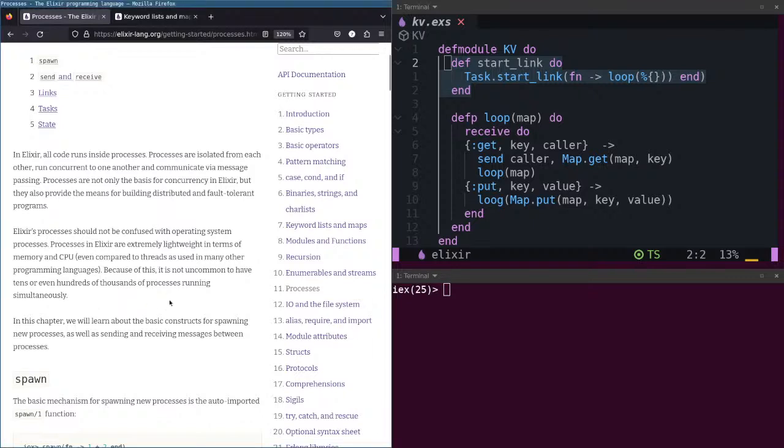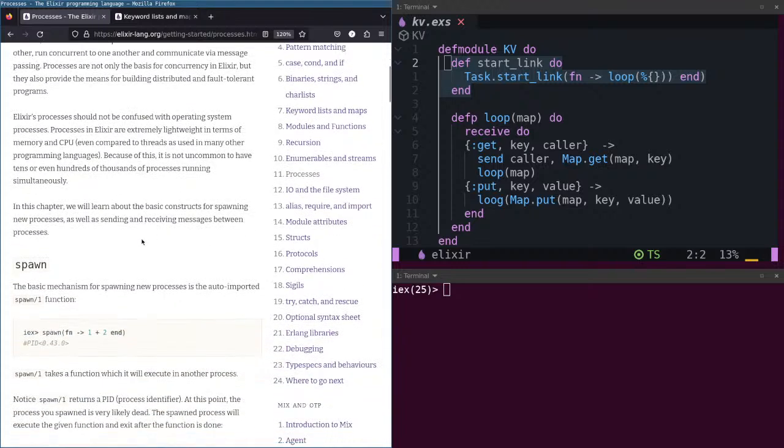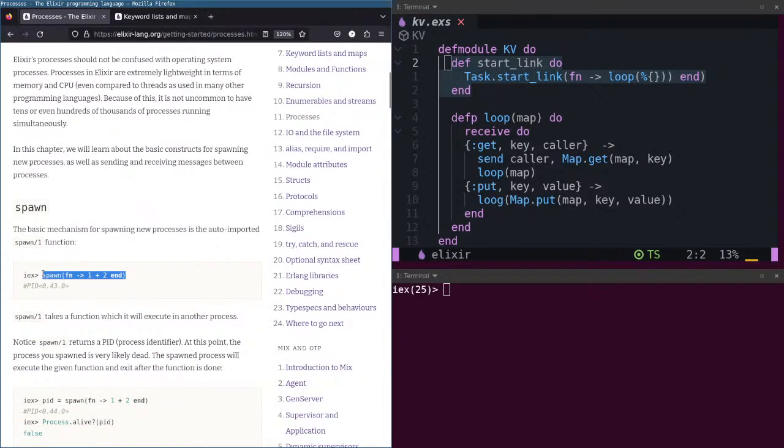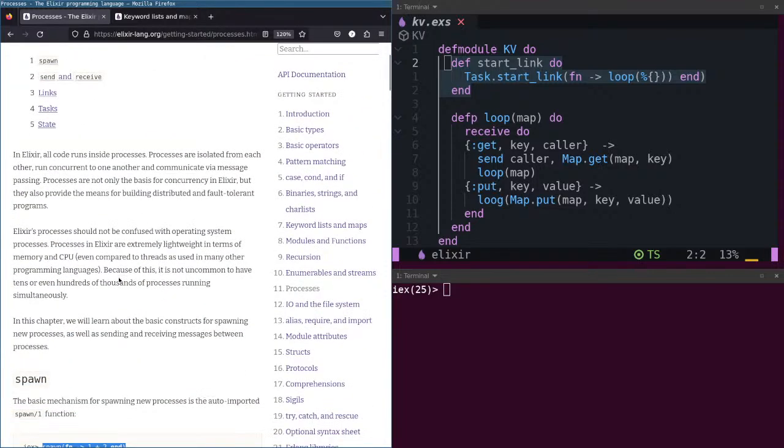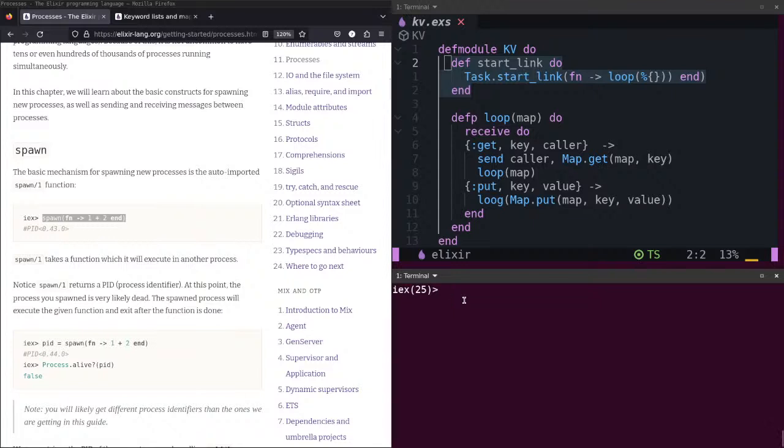Okay, this is important. Spawn creates a new process. A function that does 1 plus 2 plus 3.